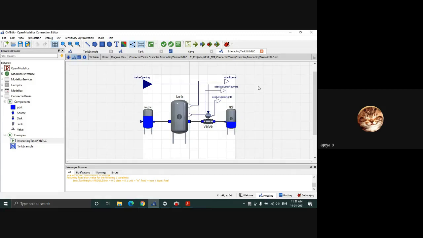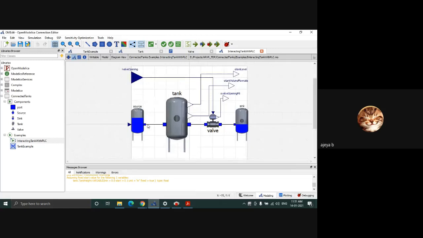So last session, we went through the Modelica model of the tank system. I explained how to drag and drop the components from the library and connect them, and what the individual components are: a water source, from where water goes to a tank. From the tank, the outlet flow is controlled through the valve and then goes to a sink. A variable from these models will be taken out and visualized, and the valve will be controlled through CodeSys.